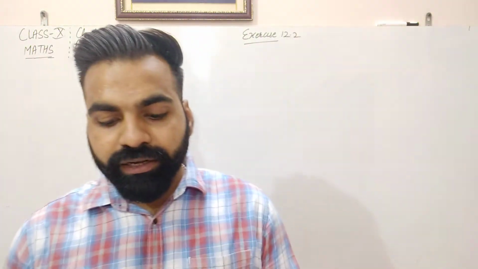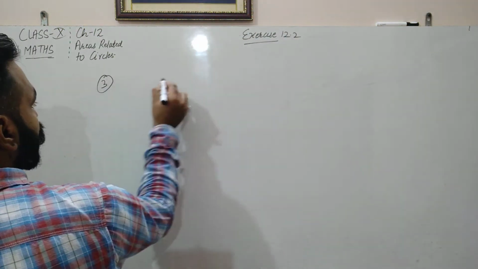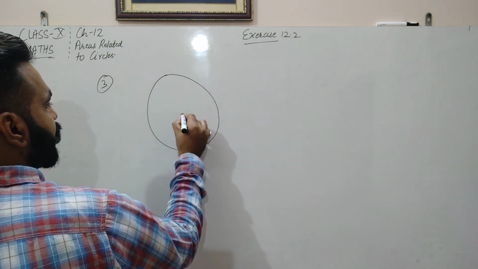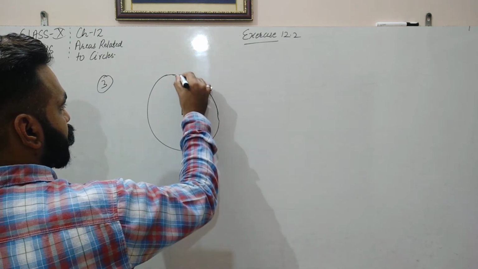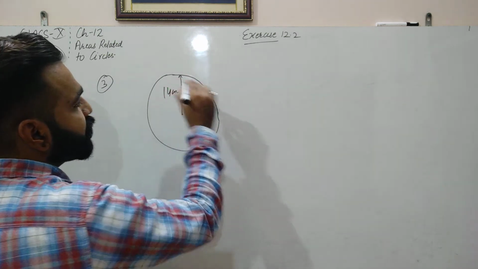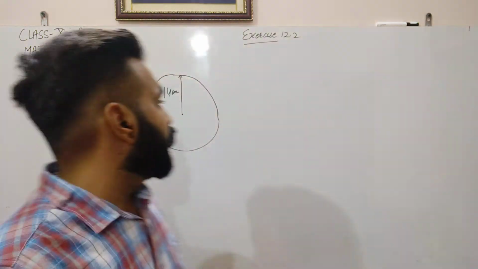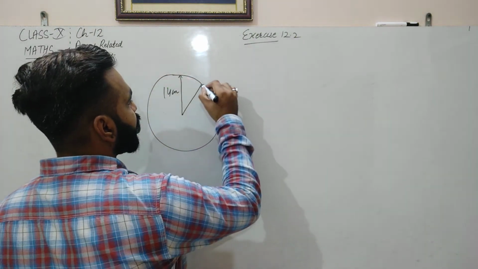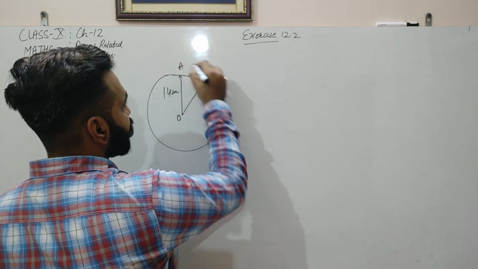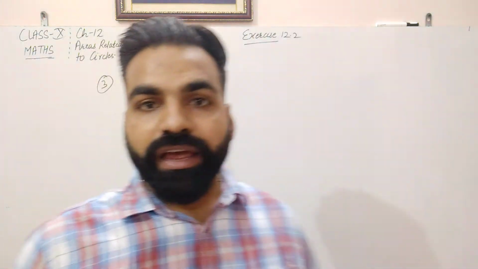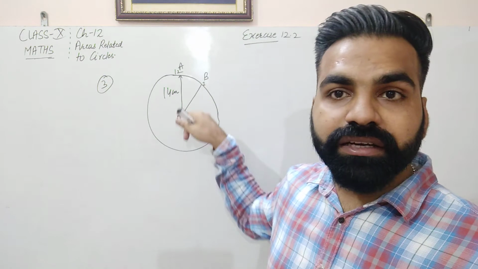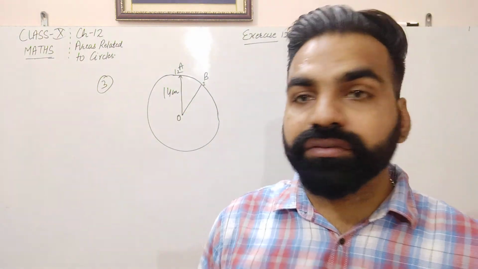The length of the minute hand of a clock is 14 centimeter. Find the area swept by the minute hand in 5 minutes. So there is a clock and the length of the minute hand is 14 centimeter. So this will be the radius of the circle, and we have to calculate how much area it swipes in 5 minutes. Suppose this is 12 here, this will be 1. So we have to tell the area. We can see that this figure is a sector, so we have to basically find the area of the sector.